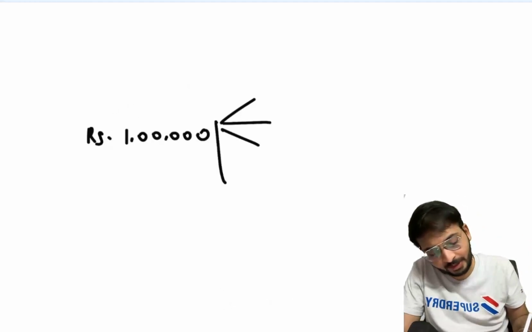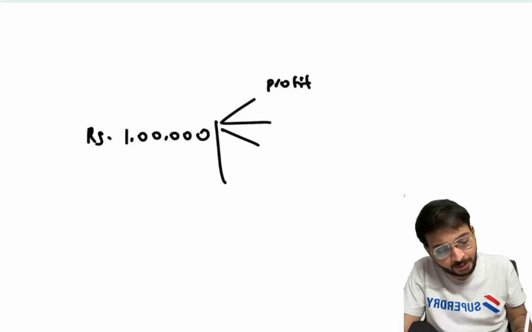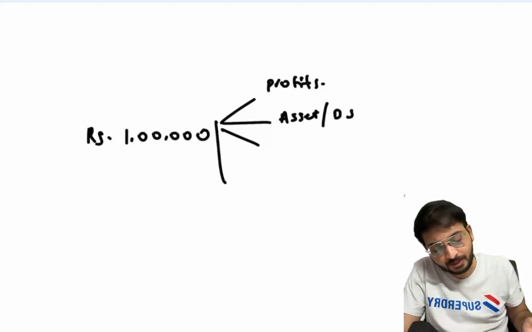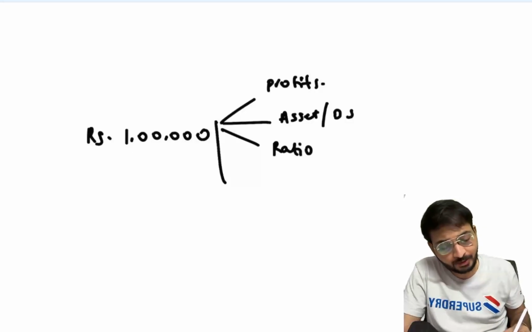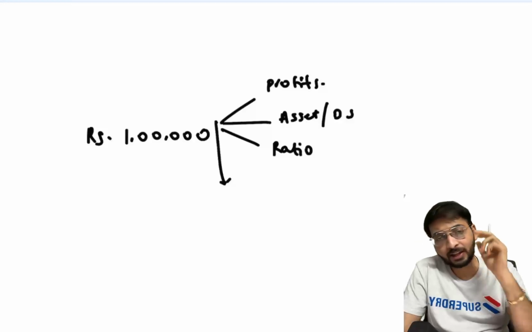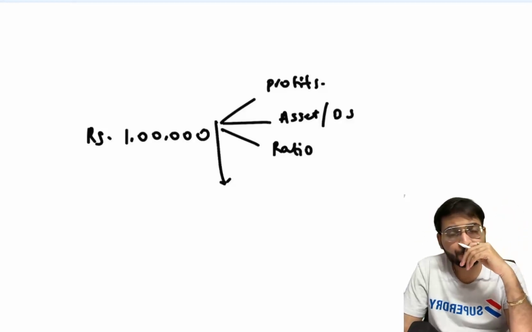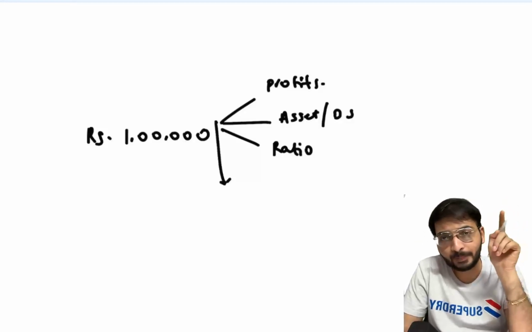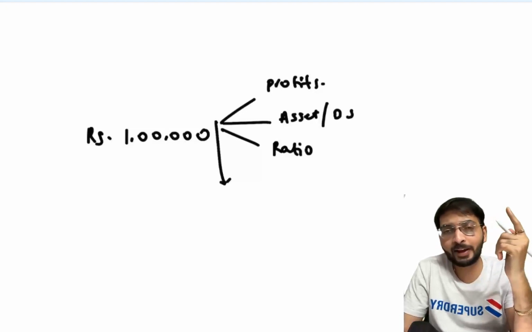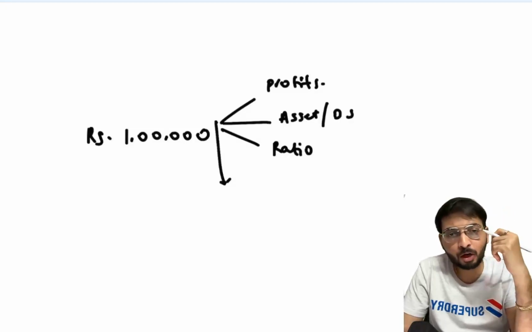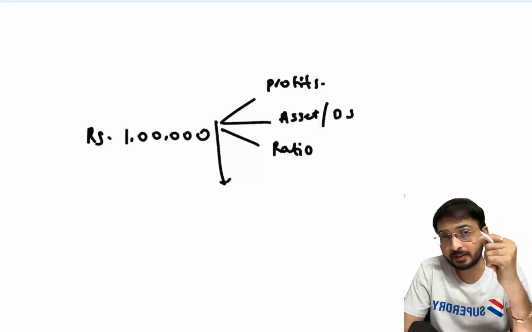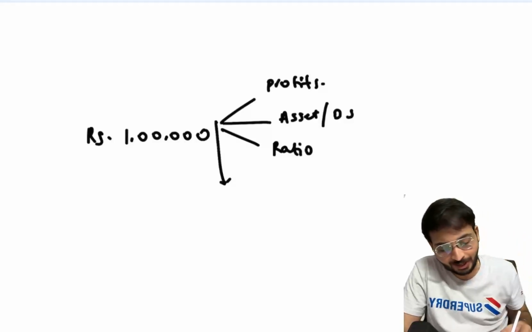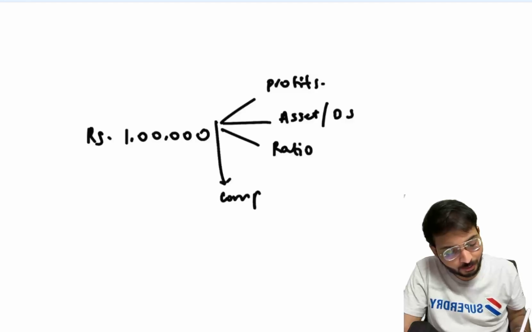Some will say profits of the company, some will say assets or a proper balance sheet, some will say ratios, a proper debt equity ratio. Now think out of the box. If you want to invest in a company called Kinley, which is owned by Coca-Cola, what will you also look at? Yes, the competitors, like Bisleri.